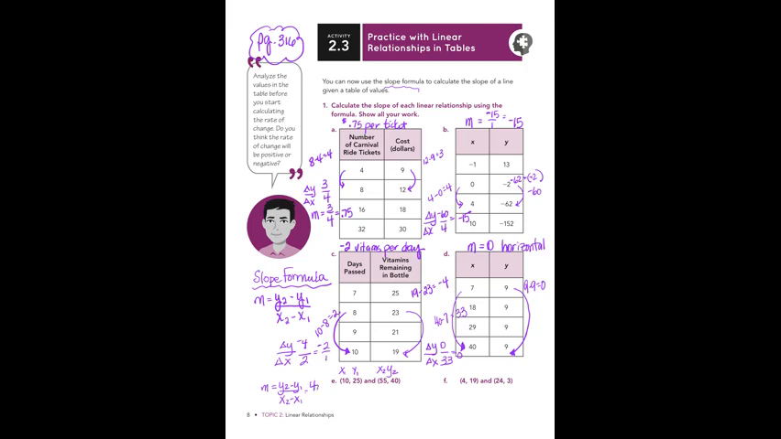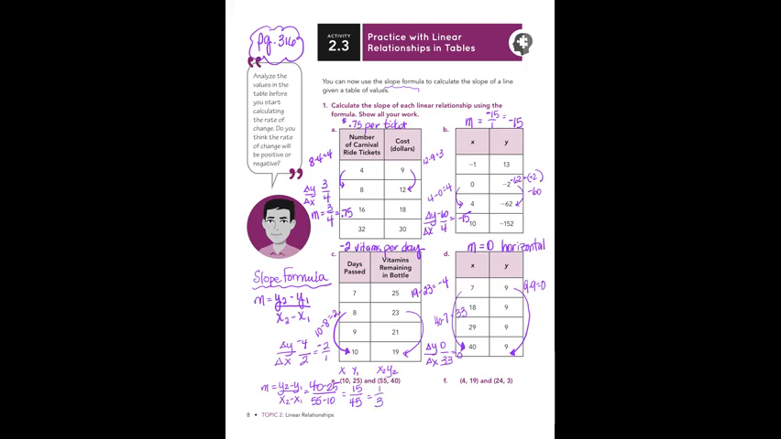y2 is 40, y1 is 25, x2 is 55, and x1 is 10. 40 minus 25 is 15. 55 minus 10 is 45. And if I simplify this, I could say 15 goes into both of them, so this would be